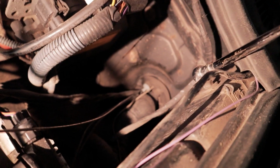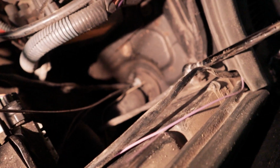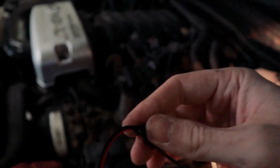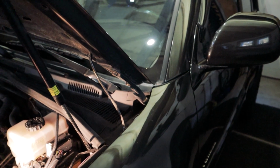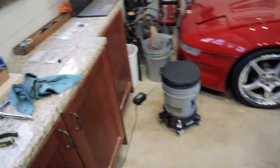So I've got my handy dandy coat hanger fished through there and just tied up the wiring to the end of it. So I'm going to be pulling this through into the firewall, into the cabin, and tapping into the fuse box in there. Okay, so I've got the wiring run through the firewall now,